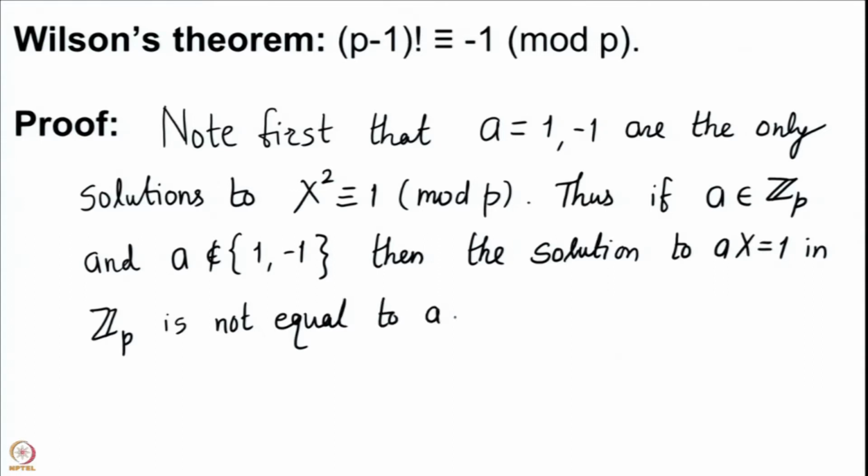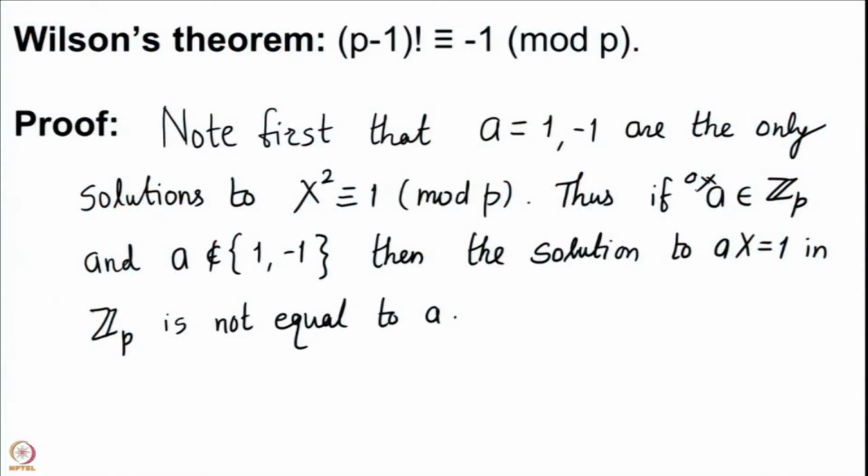Let us think about this statement again. We start with a non-zero element in Zp. So, we are looking at elements 1, 2, 3, 4 all the way up to p minus 1. We fix one a from this set and we pose this question: what is the solution to ax equal to 1? Now, this is the same thing as solving ax congruent to 1 mod p, and since you have taken a from 1 to p minus 1, the GCD of a and p is 1. Therefore, you have one solution and you actually have a unique solution.